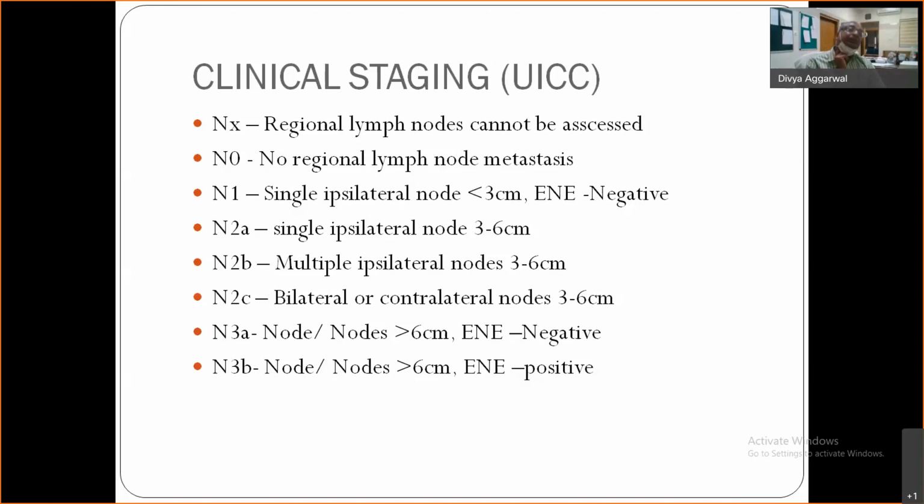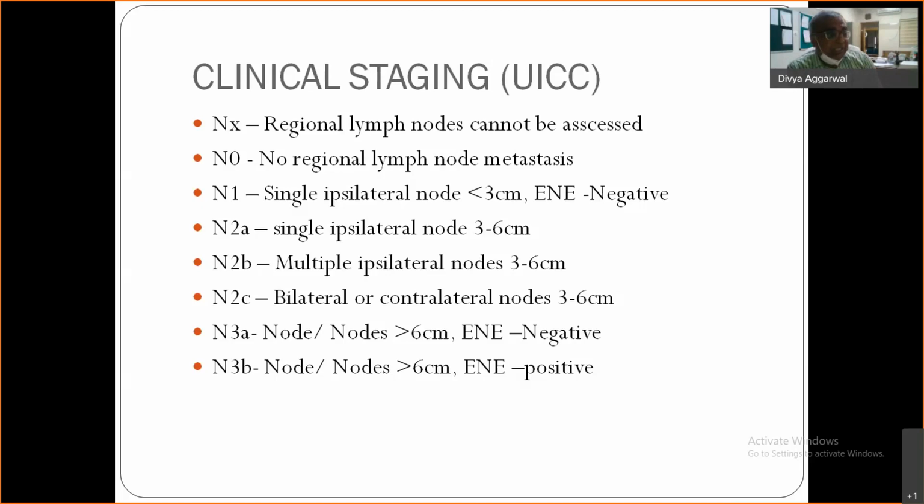N2A is single ipsilateral node within 3 to 6 centimeter in size. N2B is multiple, 3 to 6 centimeter. N2C is bilateral or contralateral, 3 to 6 centimeter in size. Now, this is a new addition, N3A and N3B. Earlier, if you find in the earlier textbooks, you would find that it was only classified N3. N3 was if the neck node is more than 6 centimeter,